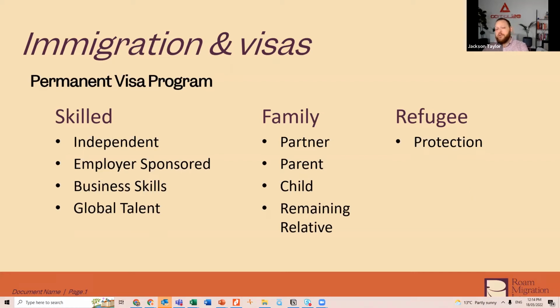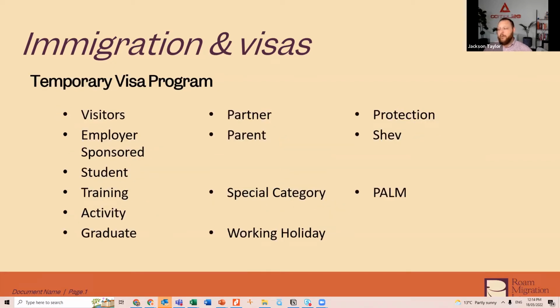Skilled, family, refugee. When we look at temporary visas, things aren't as organized or coordinated. We have a whole variety of different temporary visas. Some of them are sort of a collection of visas. So when I say visitor visas,